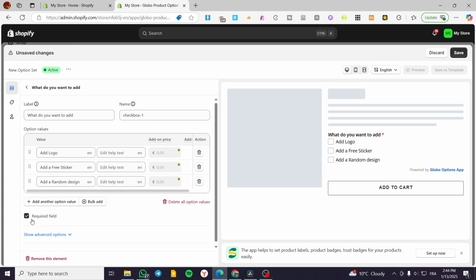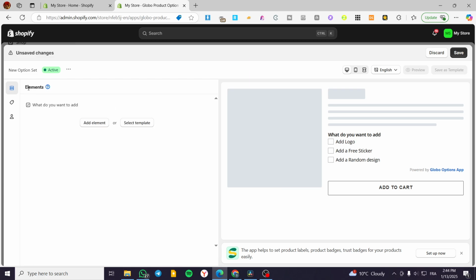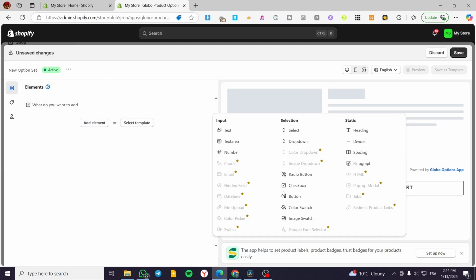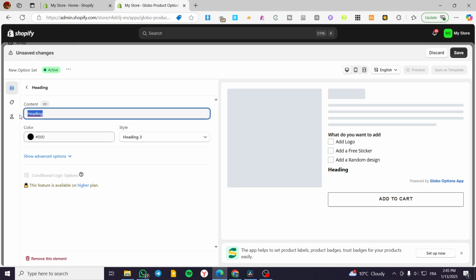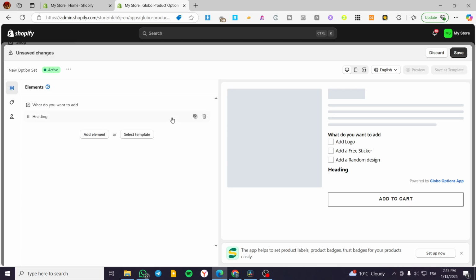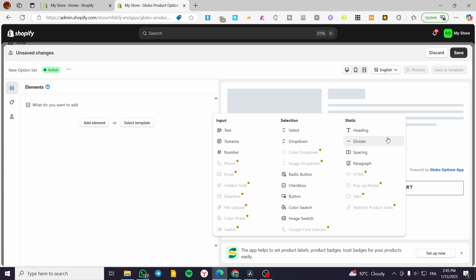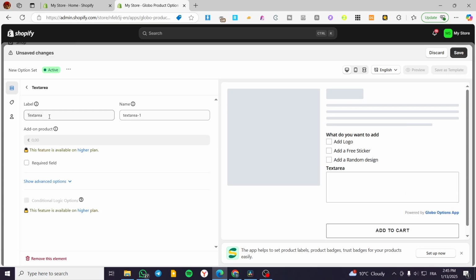We are going to set it as a required field or not. And this is the first option. As you can see, you can add many options like color swatches and headings. I'm not going to add a heading, but rather a paragraph or a text area. So we are going to put here a text area, which is going to ask "What is your name?" so we can print it